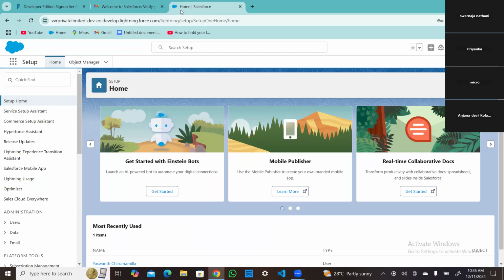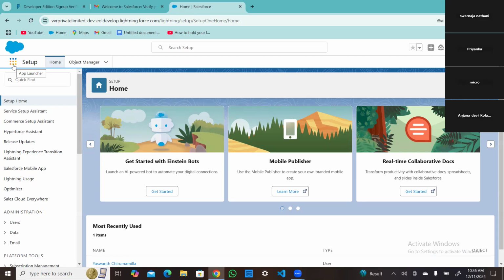So it has different icons. Tomorrow I will explain to you about this home page. You can see a 9 dots icon on your right hand side, next to the setup. Sorry, on your left side. You are seeing the cloud symbol, right? Under that, you can see the 9 dots icon. This we call an app launcher.